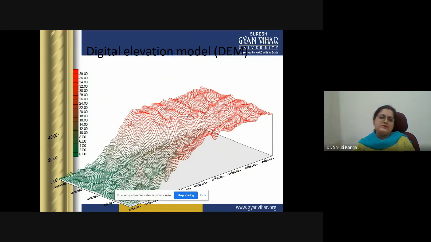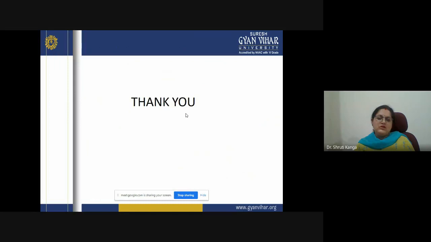These kinds of analysis can be done with the help of proximity, containment, and other functions. And this is a type of digital elevation model where we have different areas along with their elevations.